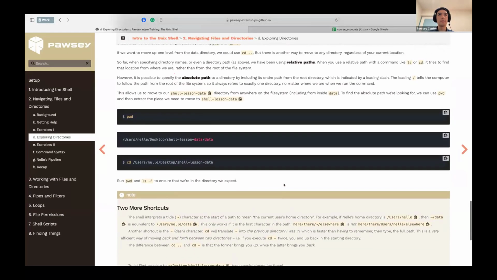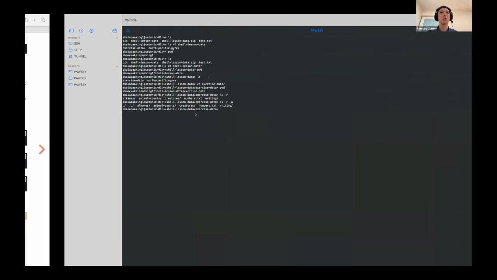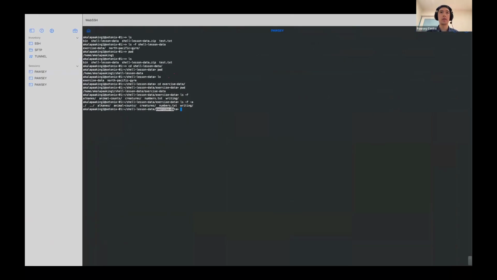Now we will go through some shortcuts for exploring the directories. So for example, currently we are in the exercise data, right? But for example, we want to go back to the home directory. What you need to do is cd like two times, right? You need to cd from your user, then move to the shell lesson data, and then move to the exercise data. To save time, you can put cd minus or cd ~ to create an anchor in this folder,